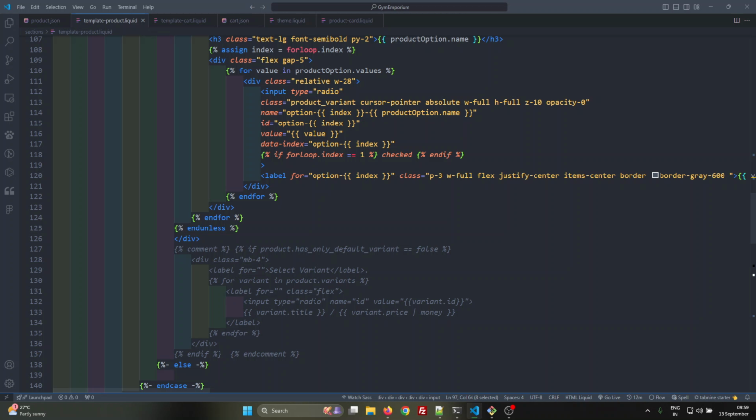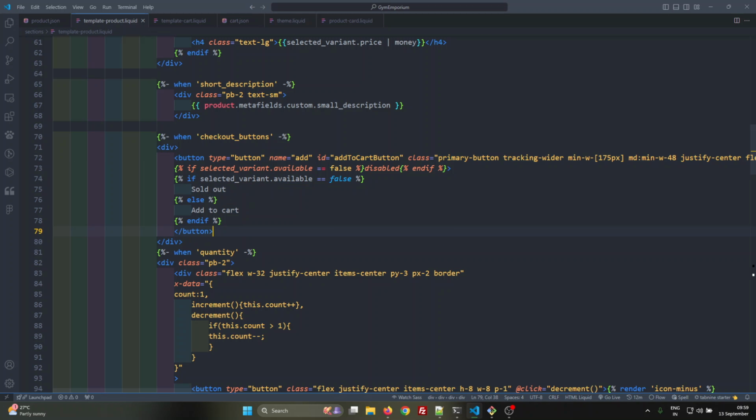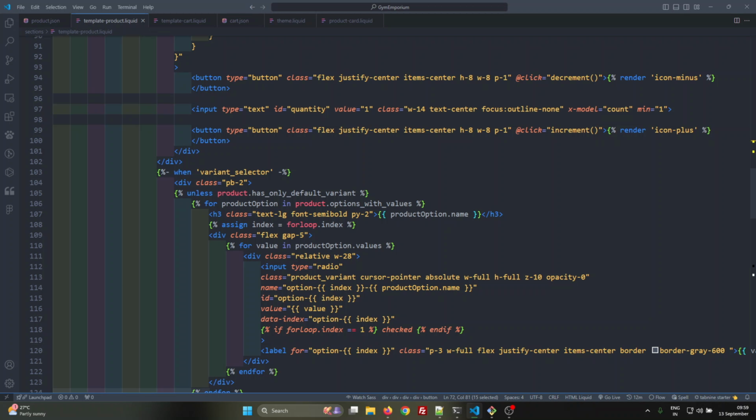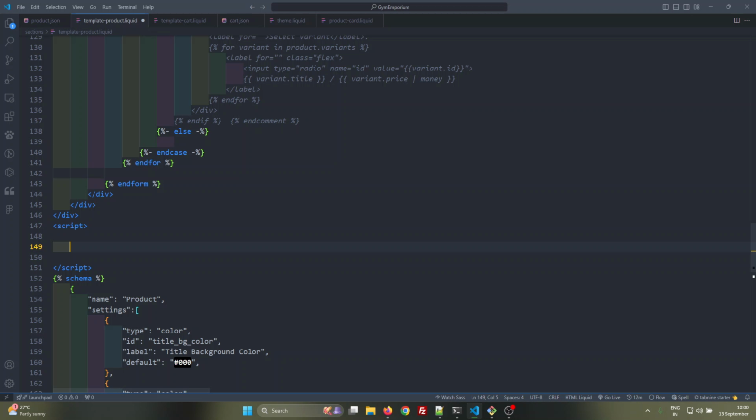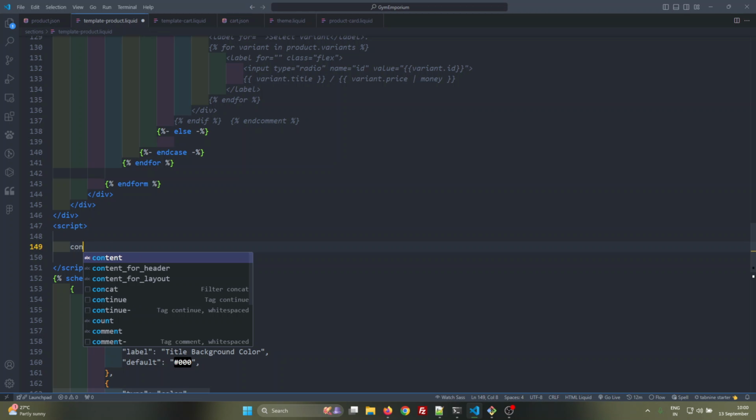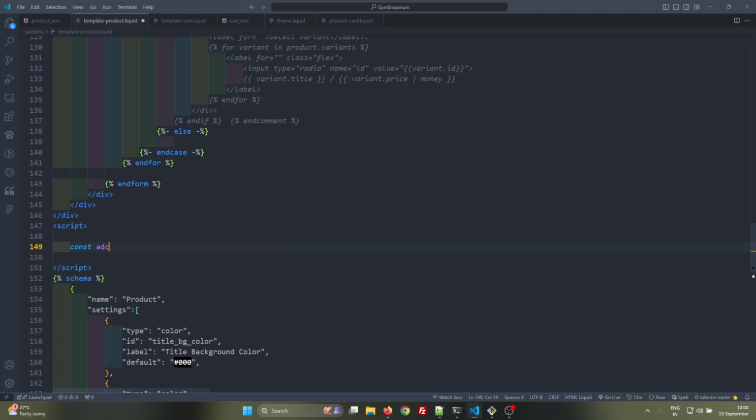Let's create this add to cart functionality. This add to cart button has an ID of add-to-cart-button. Let's copy this and start creating our JavaScript. Let's start by creating a script tag. For now, I am adding JavaScript to this file, and when everything is done, we can move our JavaScript code to the app.js file. So let's create a variable, let's say adc, and use